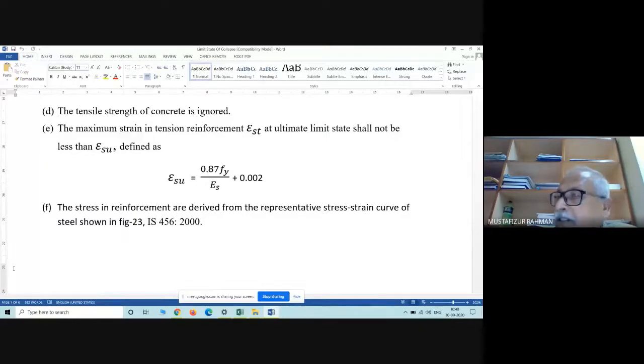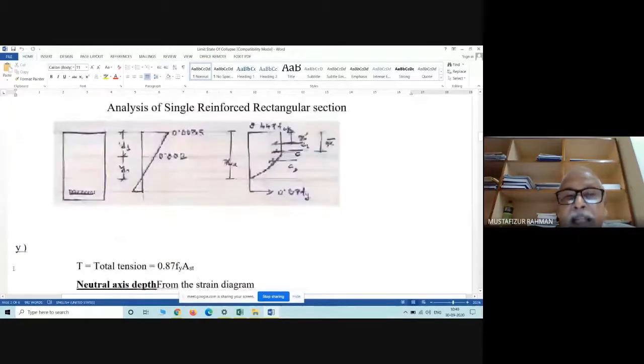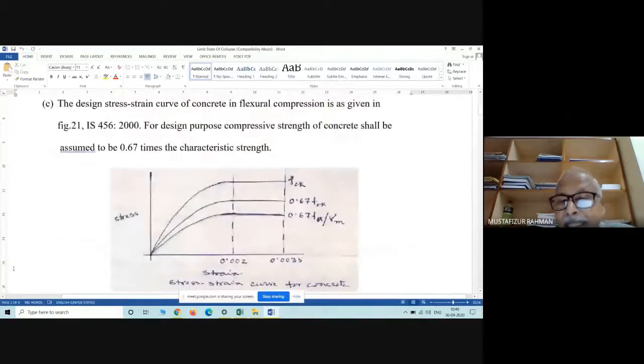Our expression was stress by strain is equal to Young's modulus, E is equal to F by epsilon, strain. Now F, the value F we got, Fy, means yield stress. Now where from this 0.87 comes, that figure I had not drawn here. It is just like with respect to concrete. In concrete, with respect to this curve, we had got